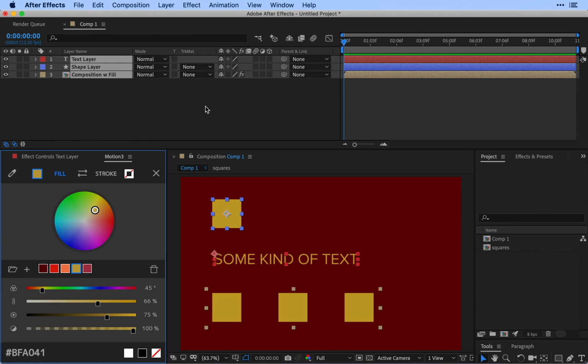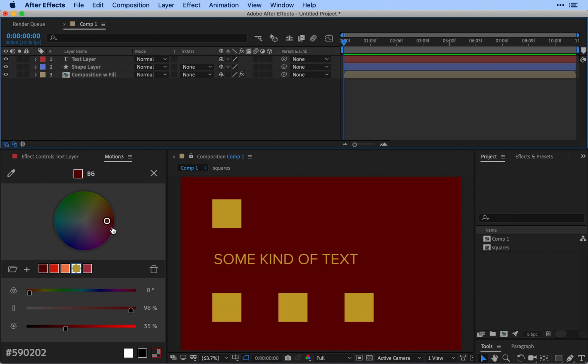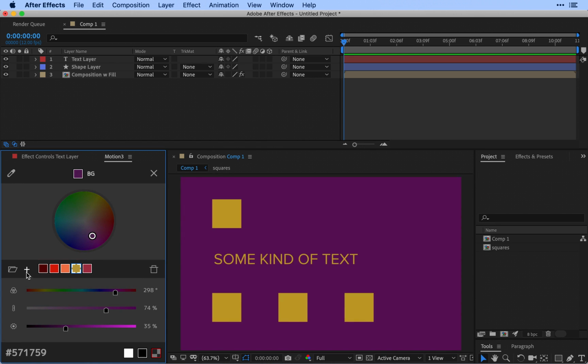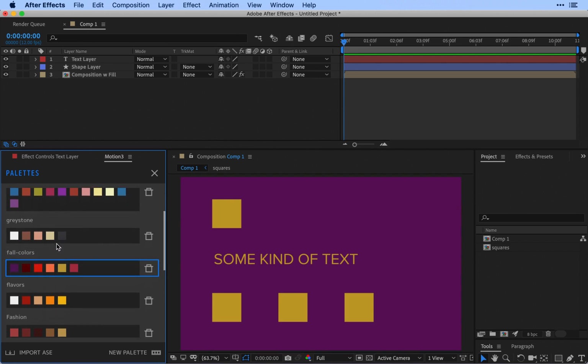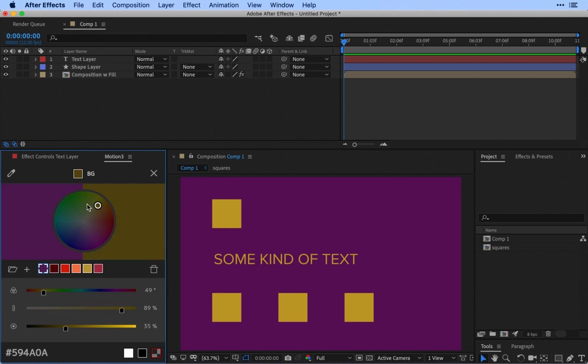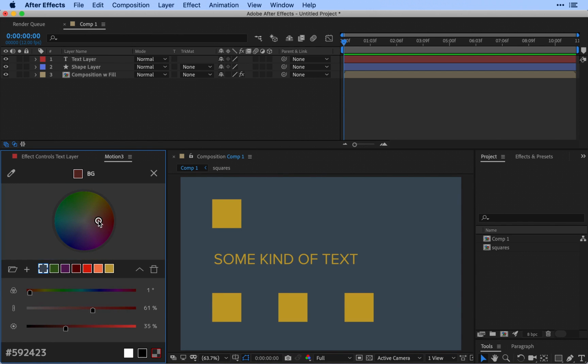So now that I've had this palette loaded, maybe I want to keep adding to it. Maybe 5 colors just isn't enough for me, so I maybe want this nice blue color. I'll just click this little plus, it gets added to our palette here, and then also back on our palette screen it's going to get added to this as a saved kind of file. You can close this and reopen it and it's going to still be there, so you don't have to worry about things being lost. So we'll add another color here and just keep adding some cool colors to our palettes,